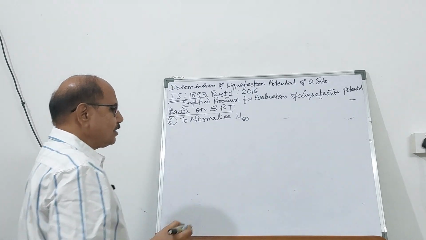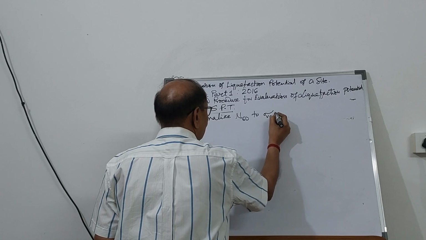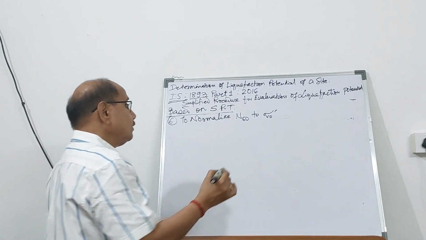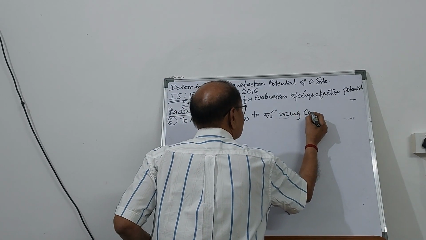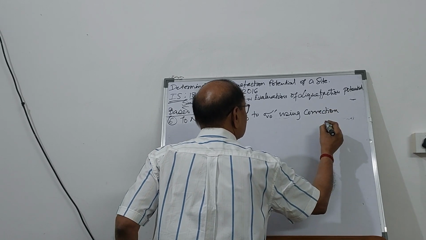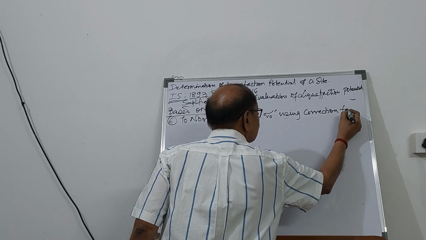So normalize this to effective overburden pressure using correction factor